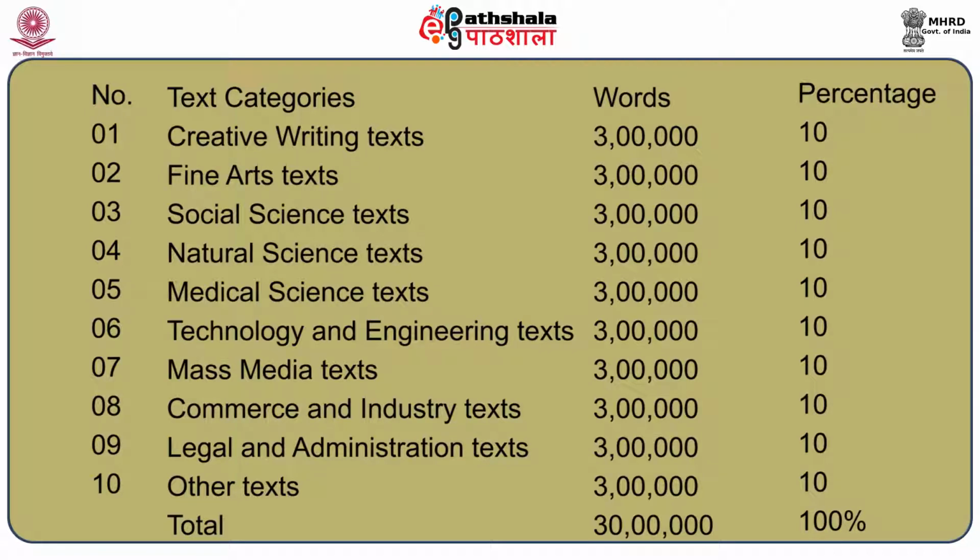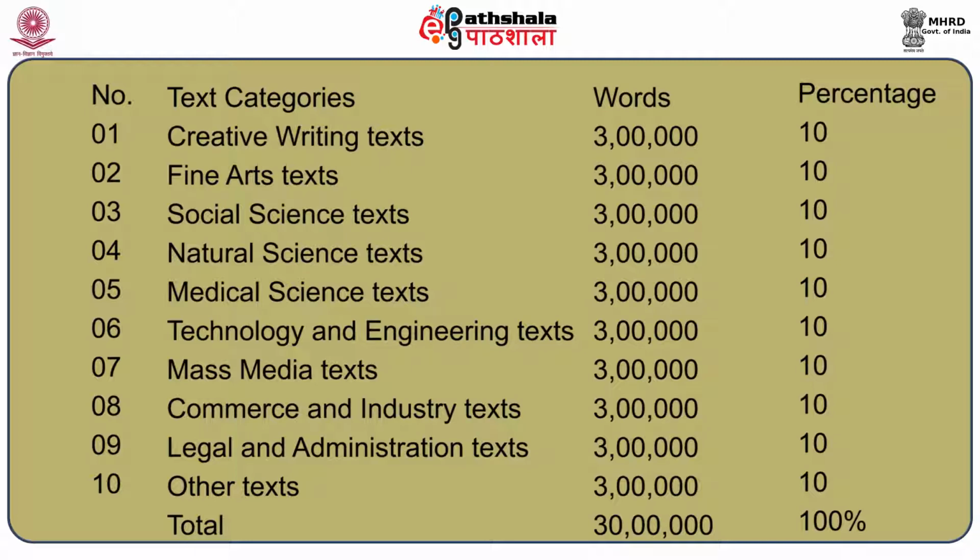Obviously, we have already mentioned that since it is a written text corpus, we have not taken into consideration the spoken texts. Similarly, we have not considered the text produced in dramas and plays because a certain amount of artificiality is involved there, and that is not the kind of spontaneous text we normally come across in other kinds of written text documents. For the TDL corpus, we decided broadly there should be 10 types of texts, and the